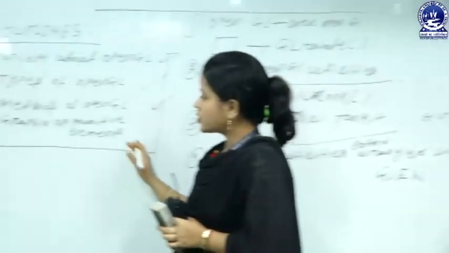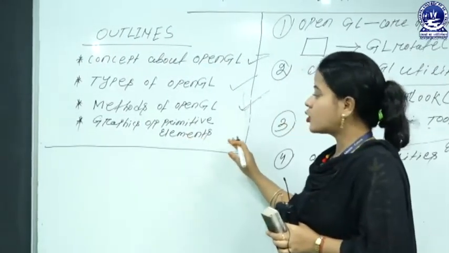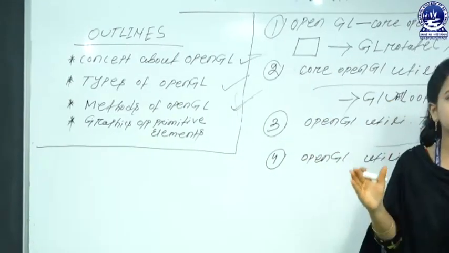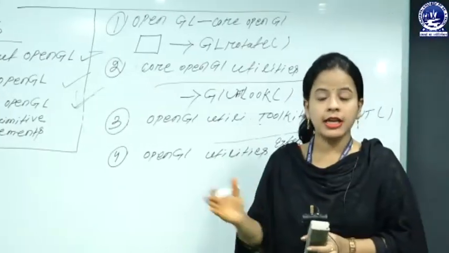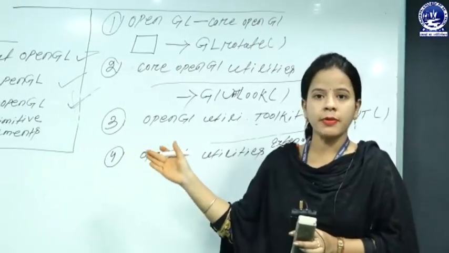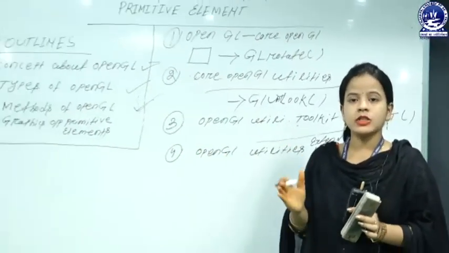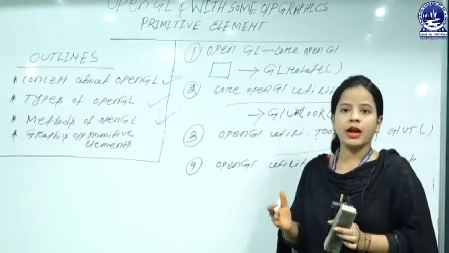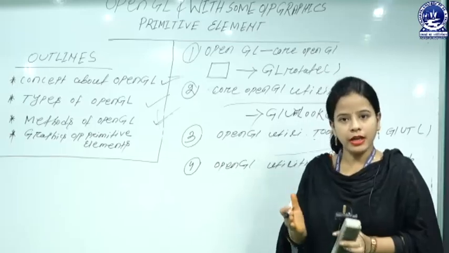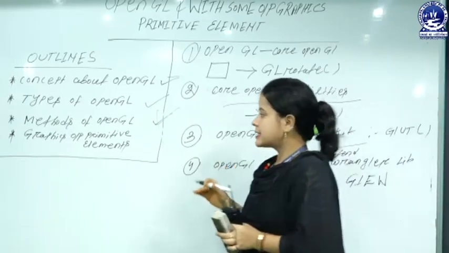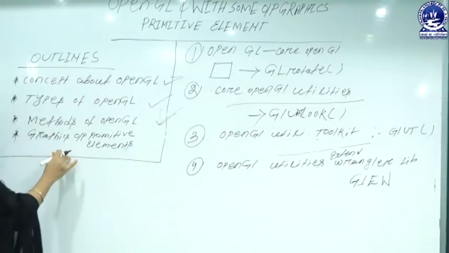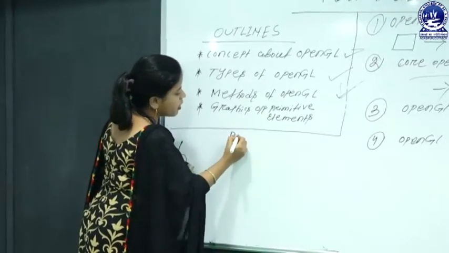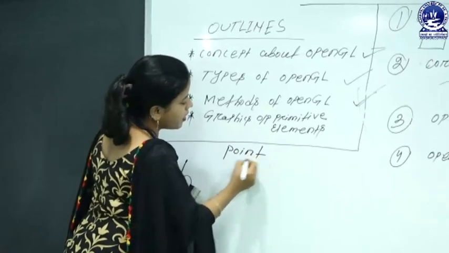Okay, now goes to the next concept, that's your graphics output primitive elements. That means it is one type of basic constituting part of the graphics, which is called output primitive elements. That means that's the preliminary attribute of the graphics through which different types of graphical pictures are normally evolved. So what are they? Generally, as we know, any types of pictures and objects are created by consisting of different types of points.